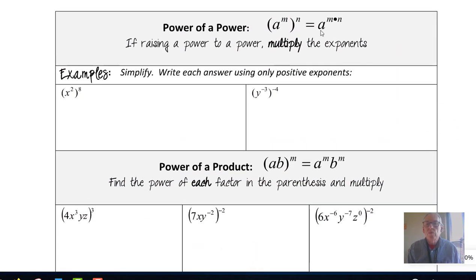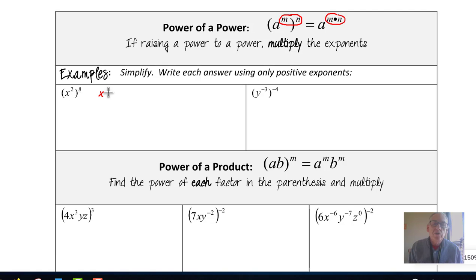Power of a power. Literally, you have n sets of m a's, if you want to look at it that way. And so we deal with this as a shortcut by multiplying the exponents together. So if you have a pattern where the exponents are close together, that's a clue that they're going to be multiplied. So x to the 2 times 8, or x to the 2 to the 8th, literally means you have